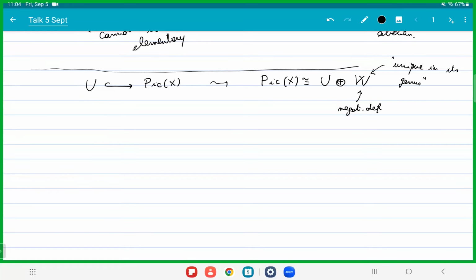The thing is that being unique in its genus is a very, very special property. There's a finite explicit list of negative definite lattices that are unique in their genus. So for our list of virtually abelian automorphism groups, the Picard lattice is going to look like U plus a lattice in this finite list. So that's why we can ask the computer, because we already have a finite list. There's a caveat there, but let me just say for now that it's finite.